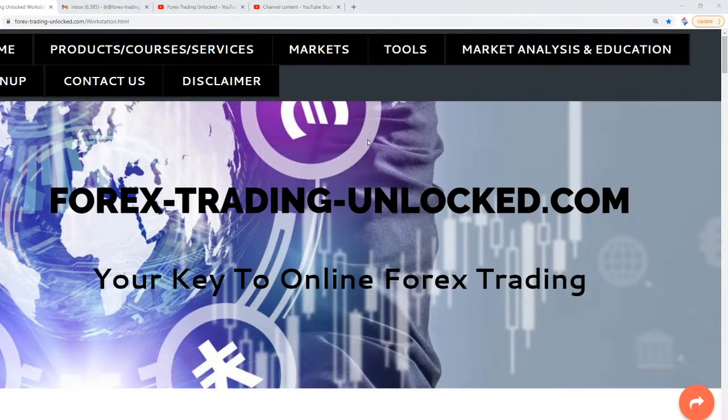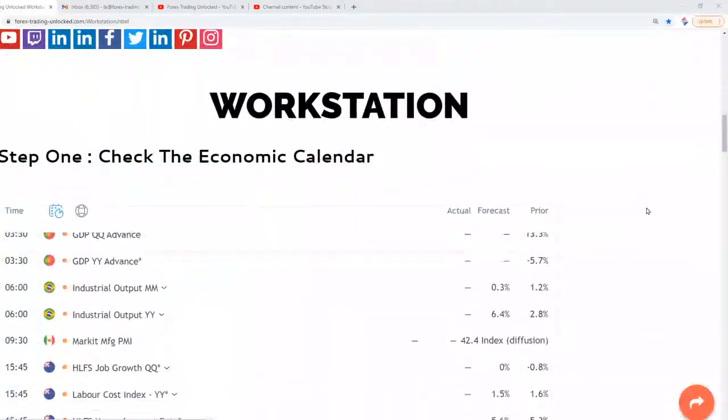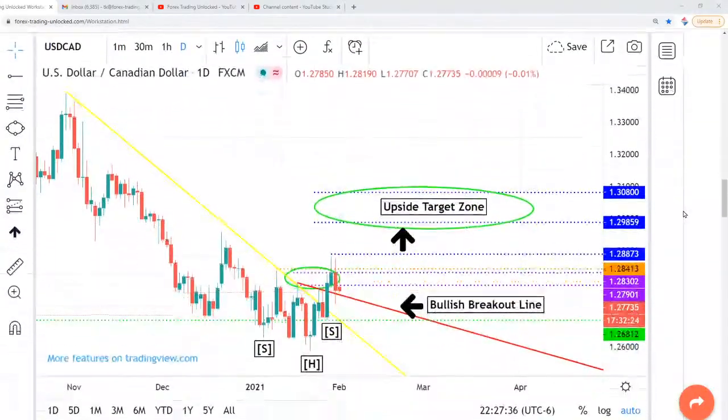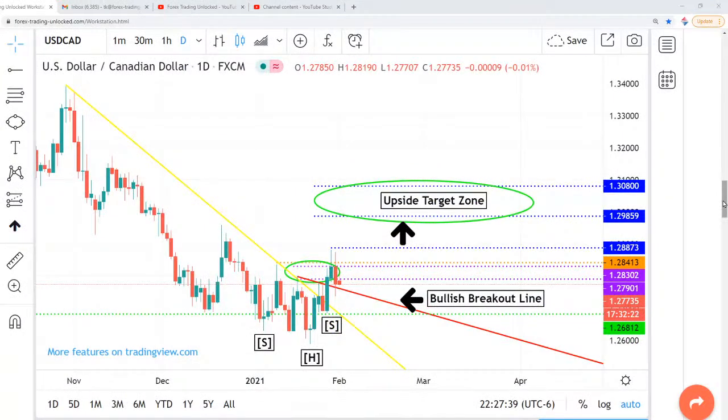Let's go to the forex-trading-unlocked.com website, and we will already have the workstation page pulled up with a US dollar Canada chart ready to go. We're going to skip past the economic release numbers, because we got a lot to talk about here. The US dollar, Canadian dollar has completed a head and shoulders bottom as of last week, and right now, as you can see, it's trading a little bit lower starting off the week. This red line here is where you can see how it has taken out the head and shoulders and has launched that. So right now we have coming off that first shoulder, that is our higher move low,